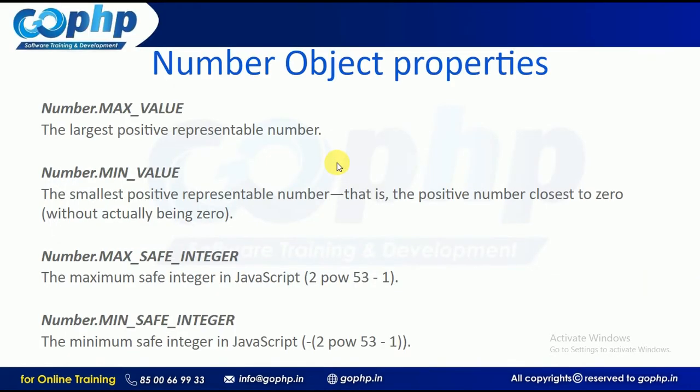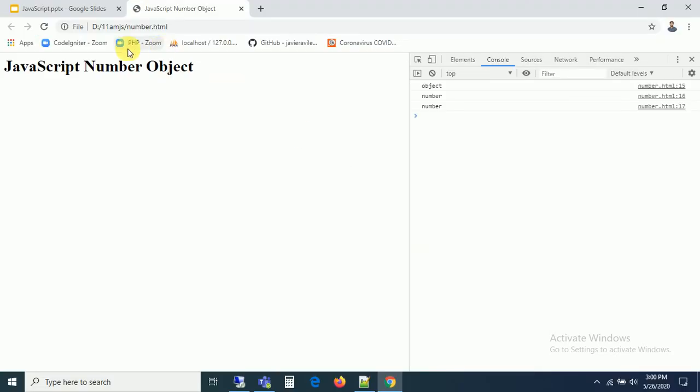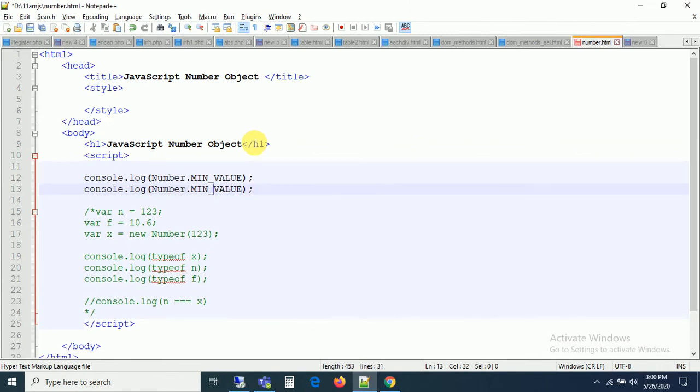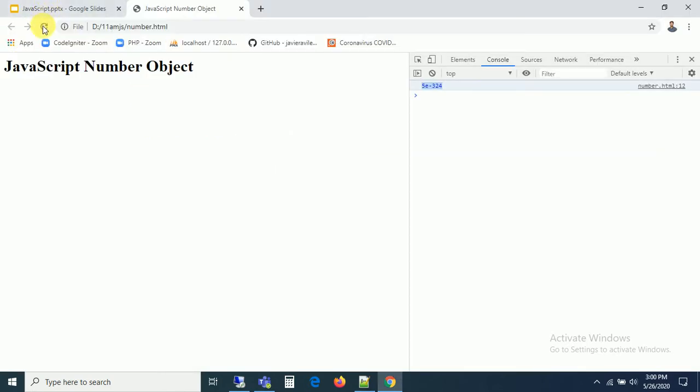So now let us run the same, and you can check the output here. Yeah, can you see this is the lowest value, the minimum value. If we calculate this, the value is nearly 0. Nearly 0 value. If we calculate this value, 5 exponential of minus 324, some value it is giving. This is the min value which can be stored in a number. So now you can go with the MAX_VALUE also. If you write MAX_VALUE, we will get the maximum value that we can store in a number. Can you see now? And if you refresh, this is the min value and this is the max value. Some exponential number is coming, guys. That is the maximum value.